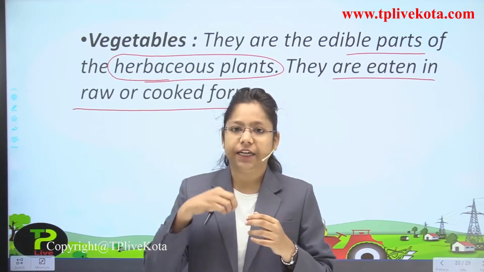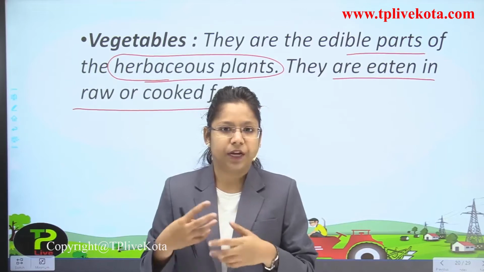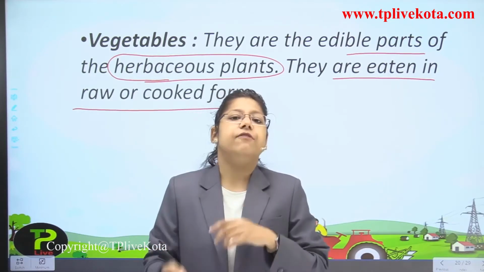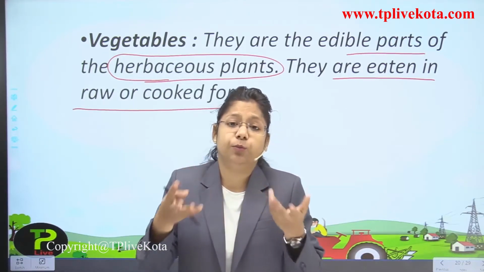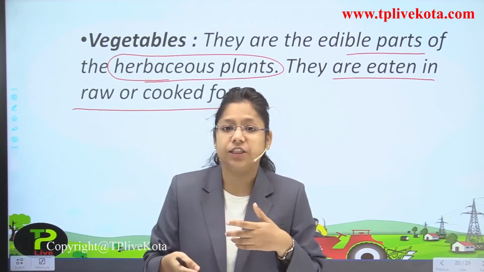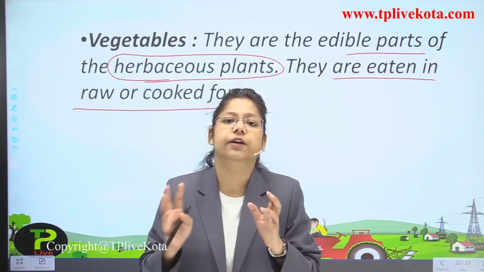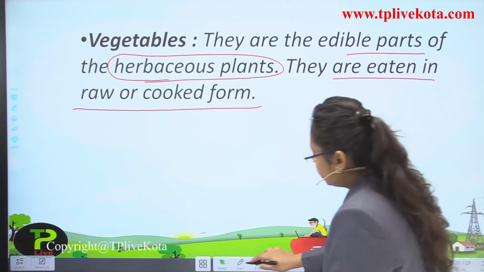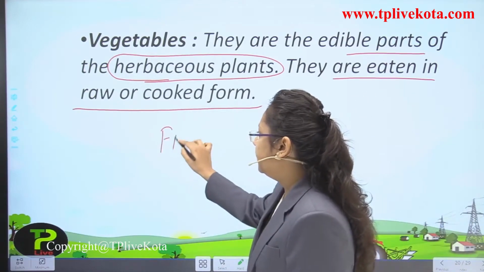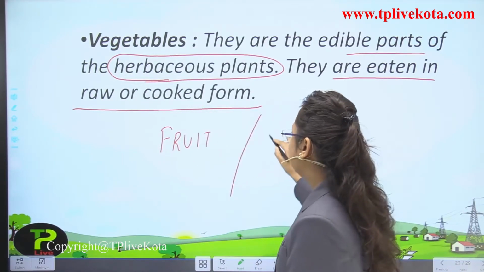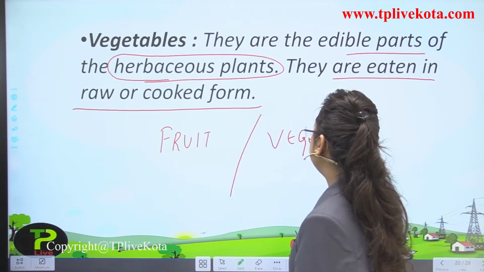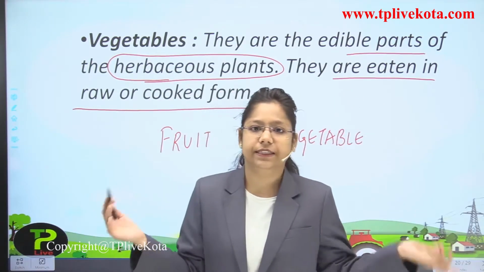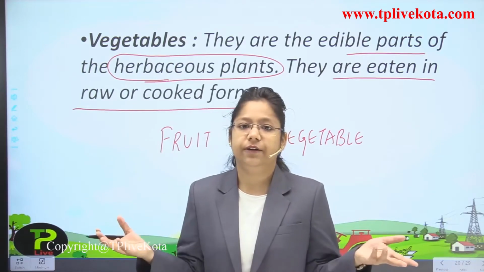If we are eating it raw, then our body has to break it down, and for breaking it down more energy is required, and we have to supply more energy to our body to break it down. So for proper digestion and for proper excretion, we require the cooked food only. Now there is a great question over here: what is the difference between a fruit and a vegetable? Do you know, students? Any of you know what the great difference between a fruit and a vegetable is? So I am going to tell you a great fact over here.